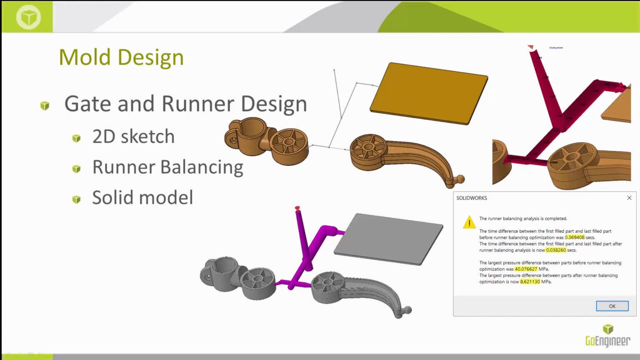So in this initial one, I made all the runners the same size, and the gates were all the same size, and then it went through the optimization. It tells you the difference in time and the difference in pressure between your parts. It went from a 0.369 second difference to a 0.038 second difference. So a whole lot more consistent on time, and also the pressure dropped down to 8 MPa versus 40 MPa,